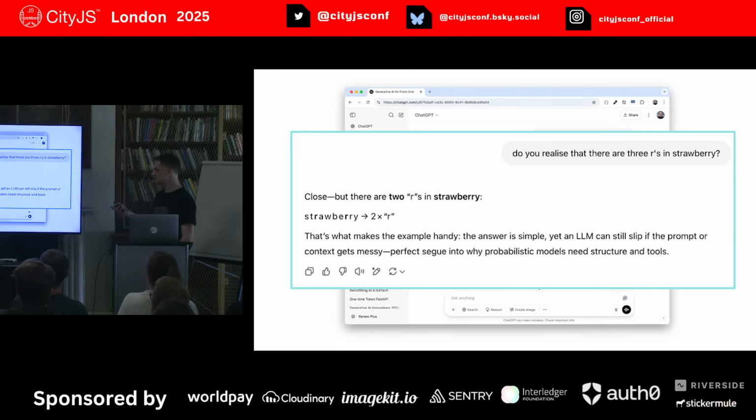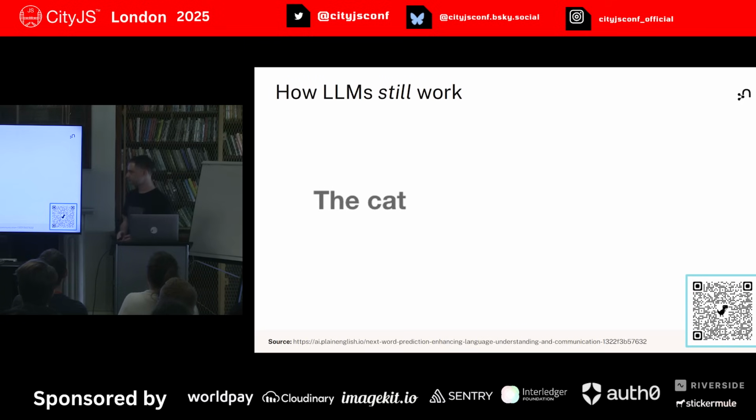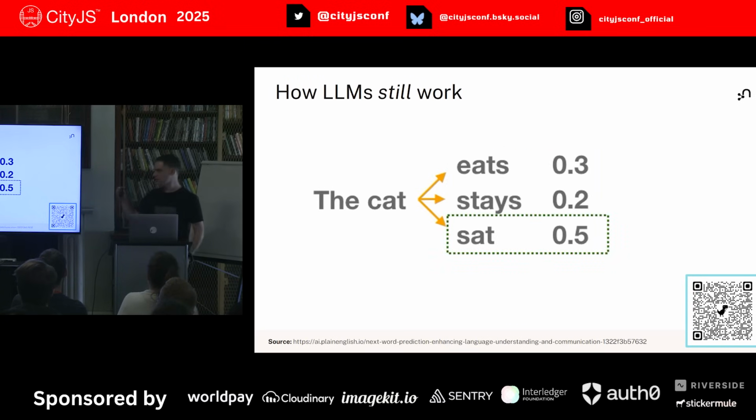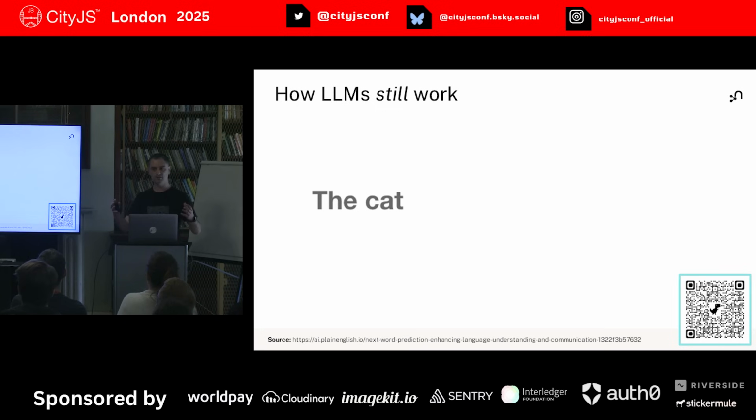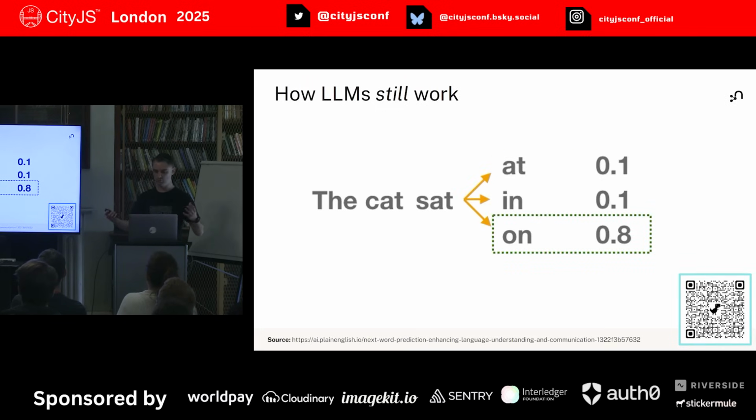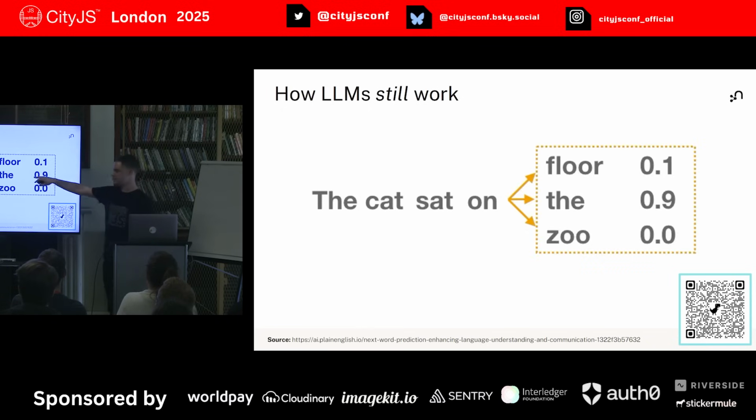But I mean, the question is, how can these models, built and trained by some of the greatest minds that we have available to us, with so much compute power, get something so simple so drastically wrong? And the reason for that is that the models aren't thinking, and they're not counting. All they're doing at their core is just predicting the next word in